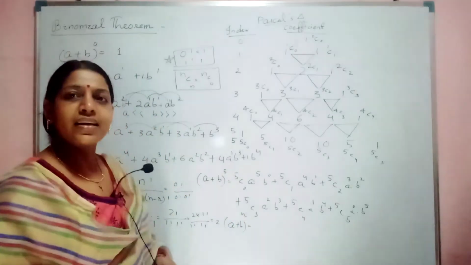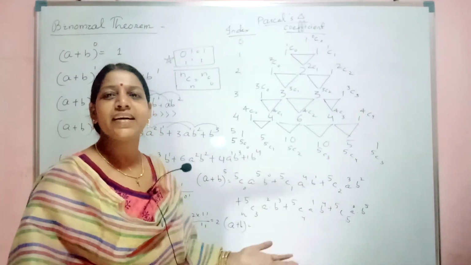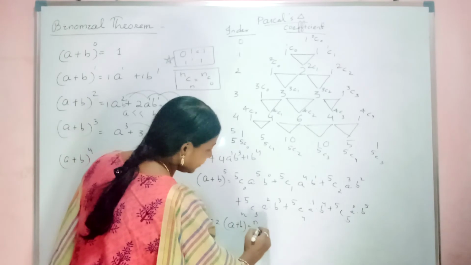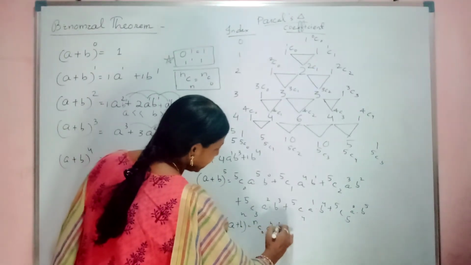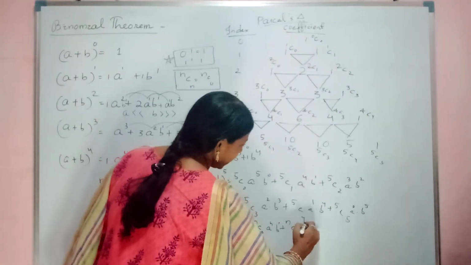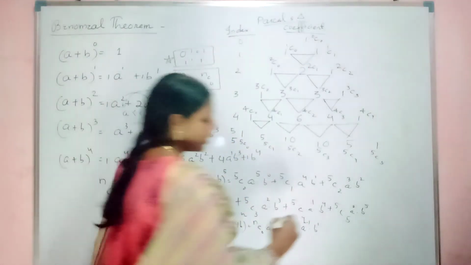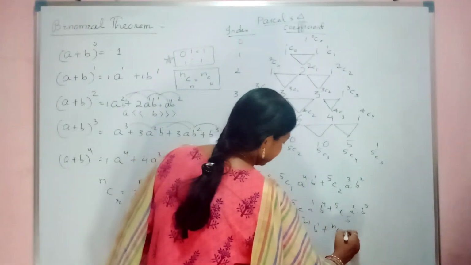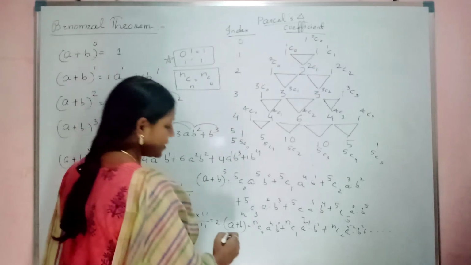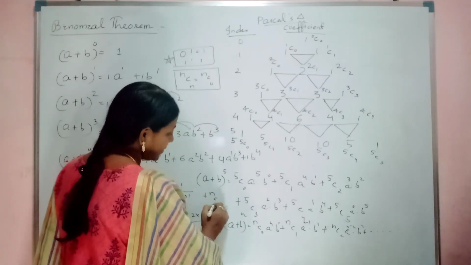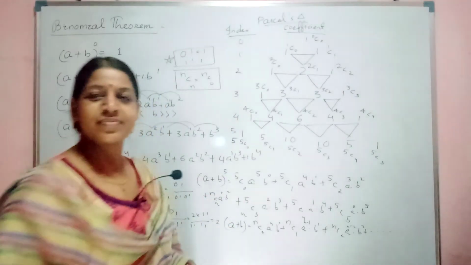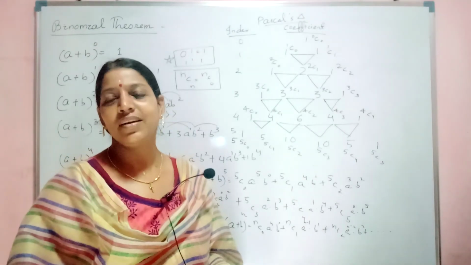Now your n is nothing but, earlier you were taking 5, 6, 7. I am taking it common. So if it is n, then what will be my expansion? nC0 a to the power n, b to the power 0, plus nC1 a to the power n minus 1, b to the power 1, plus nC2 a to the power n minus 2, b to the power 2, dot dot dot. What will be your last term? Your last term will definitely be plus nCn, a will be reduced, so a to the power 0, b to the power n. Clear? This is the way you need to do the expansion.